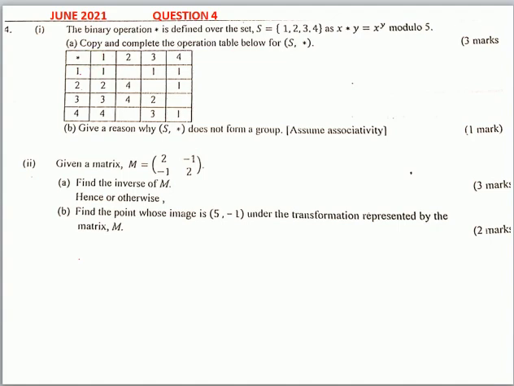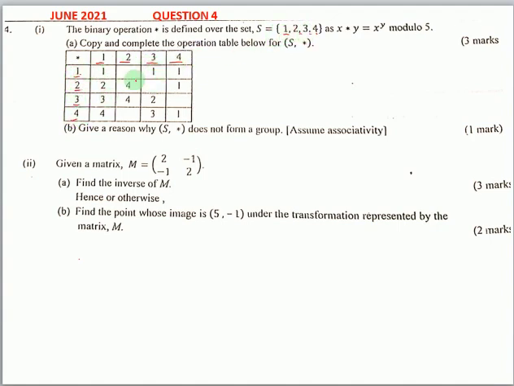The question says a binary operation star is defined over the set S {1, 2, 3, 4} as x star y is equal to x to the power y modulo 5. Then they say copy and complete the table. If you look at the first column here, 1, 2, 3, 4 are simply the elements of this set. If you look at the first row here, 1, 2, 3, 4 are simply the elements that have been